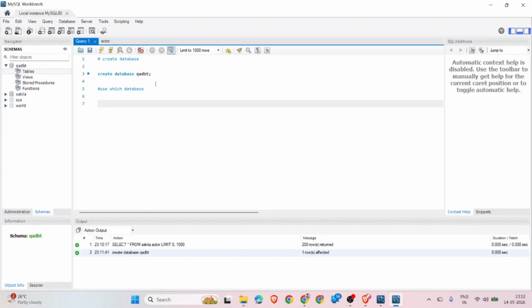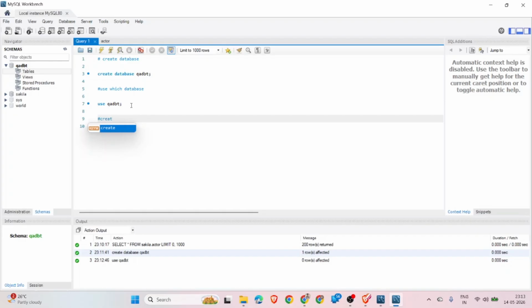So what I'm going to do, use QADBT and semicolon. If you press enter, it is automatically entered. Now I'm selecting it, I will click here, and automatically it selects QADBT. Did you see this? Now what I'm going to do is create a table. For creating a table, same way, create table employee,